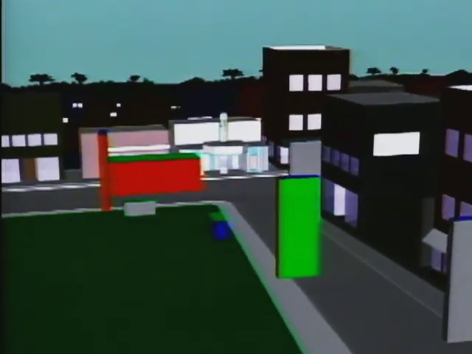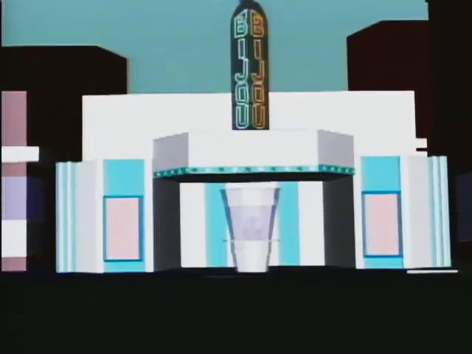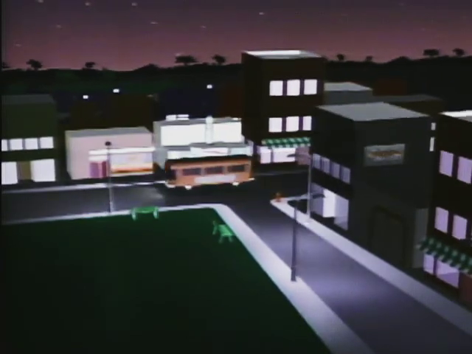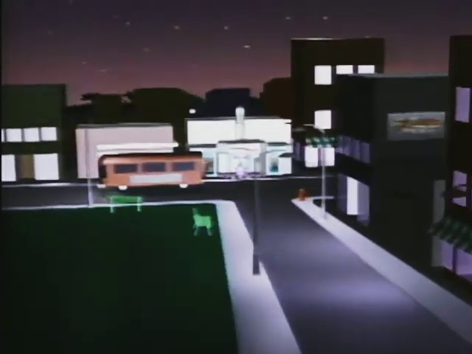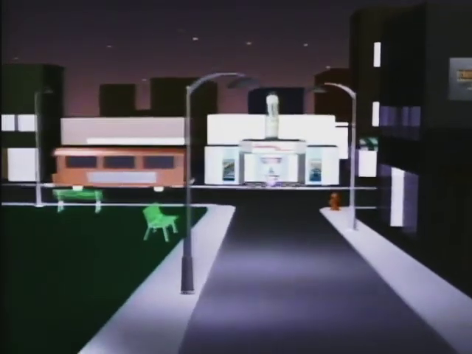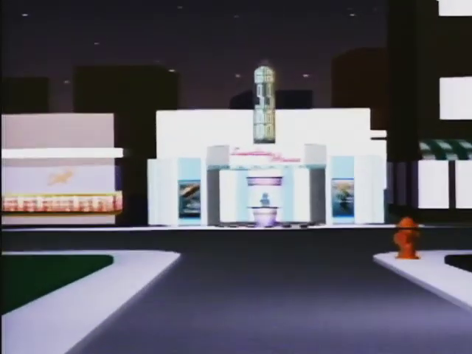In this low-resolution color test of the same scene, objects now have surfaces and color, but they have a rough appearance and little detail. In the final version, notice that the bus has been given headlights. There are stars in the sky, and lampposts have been added to the town square.